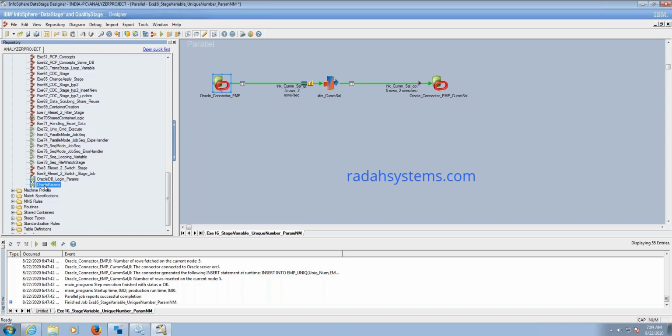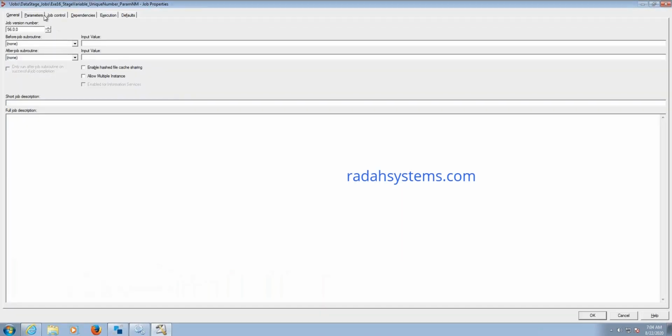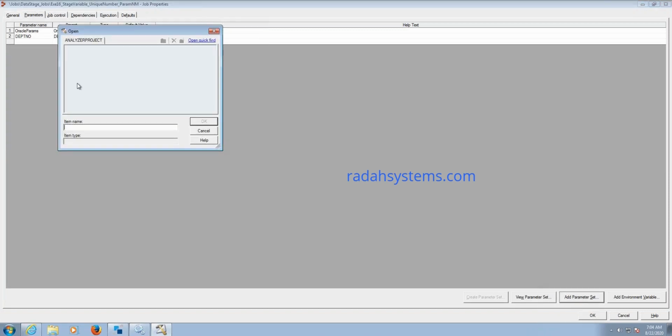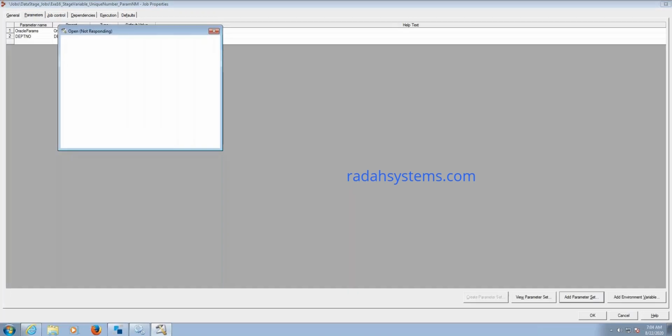No, you cannot use it that way. You have to define it in each job. You have to call the add parameter. Go to job properties, go to add parameter set, and it will display the parameter sets available in the DataStage repository. So you need to pick the appropriate parameter set and use it in your job.